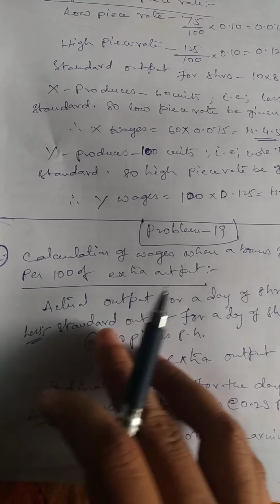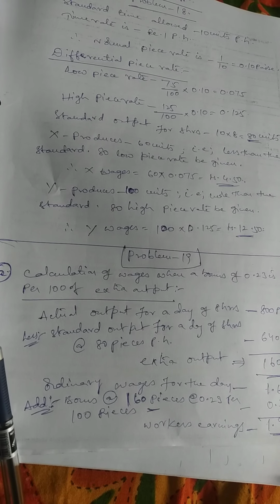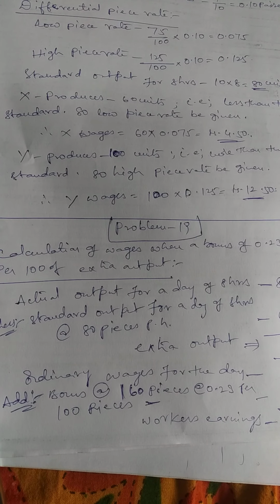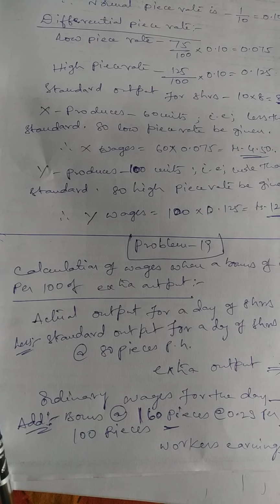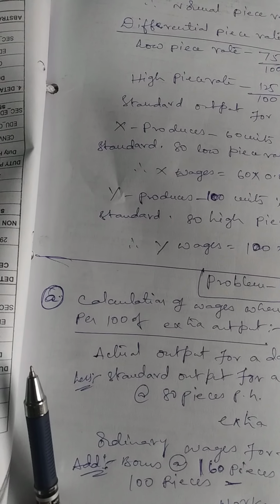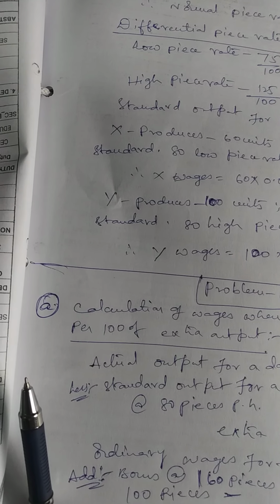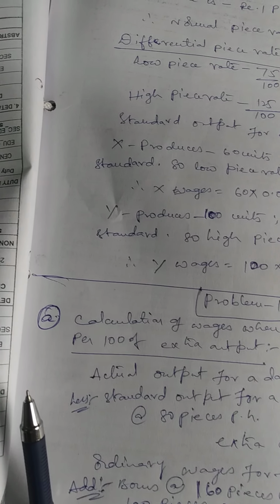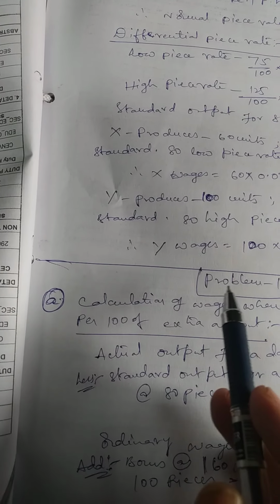Now let us see how problem number 19 will be in the textbook. In problem number 19, an operator engaged in machining certain components receives an ordinary rate of rupees 1.60 per day of 8 hours. The standard output of the machine component has been fixed at 80 pieces per hour. On a certain day, the output of the worker for the machine is 800 pieces. Find the labor cost per 100 pieces of the wages that have been earned. Always, whenever you are calculating, you need to calculate for 100 pieces.